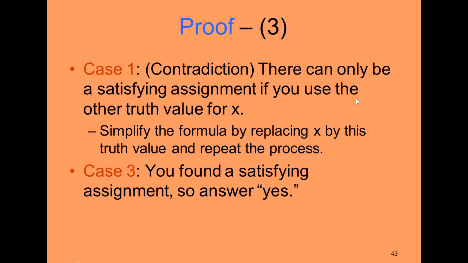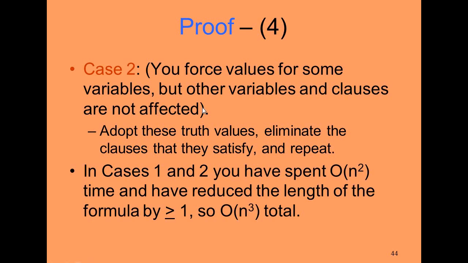In case 1, there can only be a satisfying assignment if you use the other truth value for x. So simplify the formula by replacing x by this truth value and repeat the process. In the third case, you found a satisfying assignment, so the answer will be yes. But in case 2, you force values for some variables but other variables and clauses are not affected. So adopt these truth values, eliminate the clauses that they satisfy, and repeat. If you do it like this, you will reach